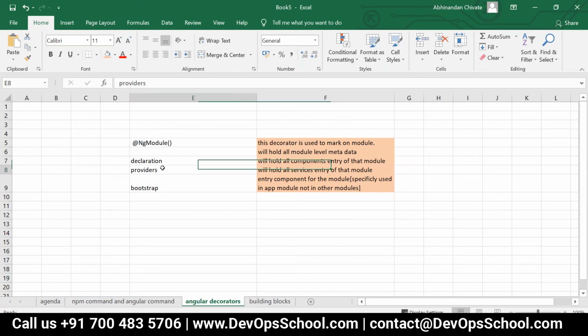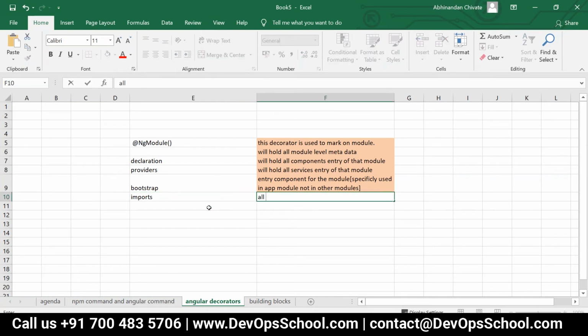Next, we come across providers. In the same way, providers will hold all the entries of the services of that module. Imports will hold all the entries of other modules which we need in our module.